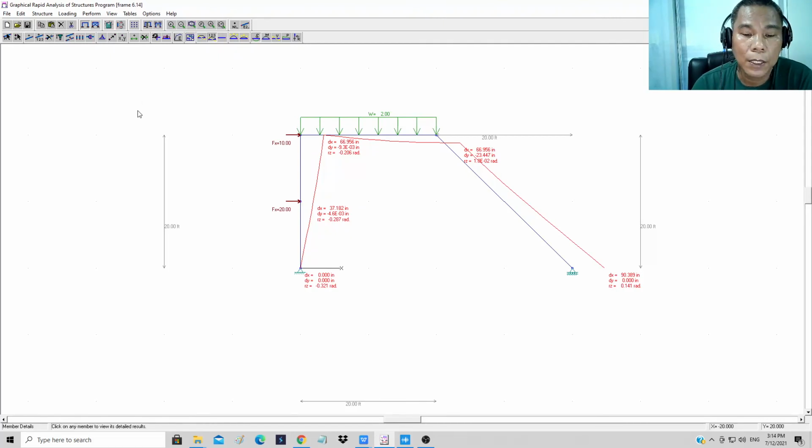Okay, so that's all for the analysis using software, and I hope you're able to grasp and appreciate more on how we analyze the structures using software. That's all for